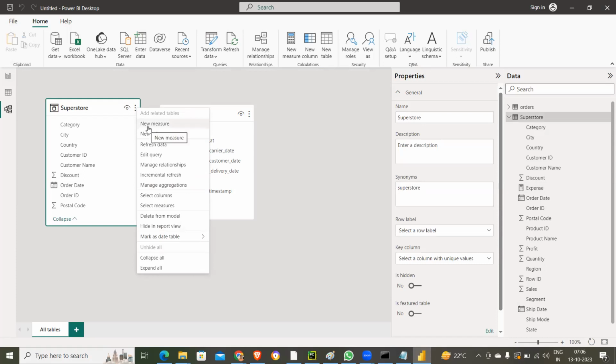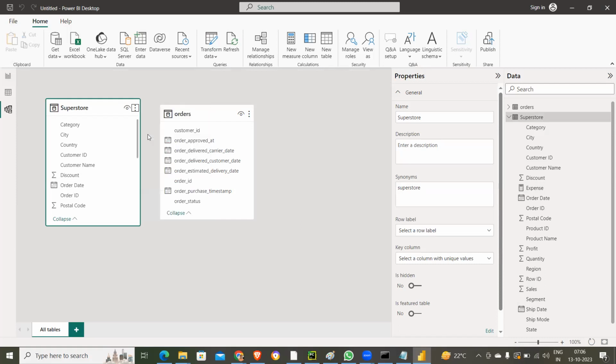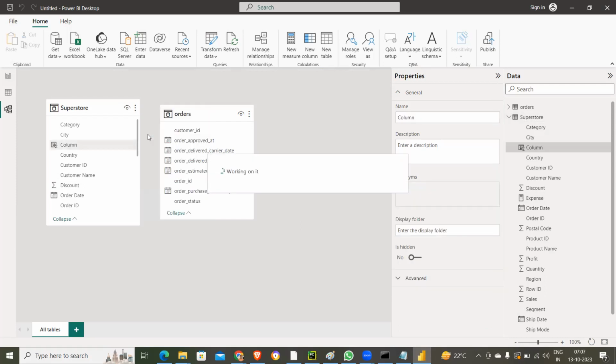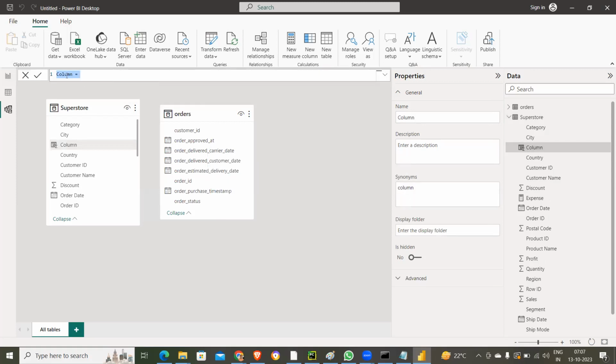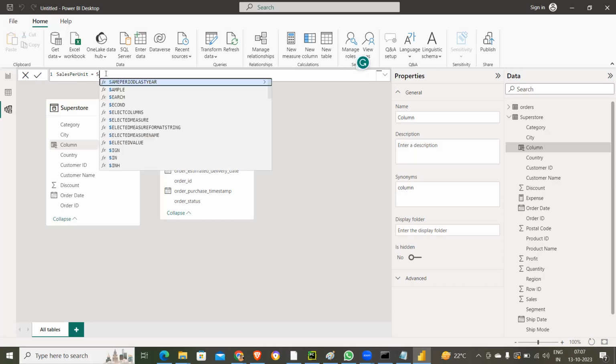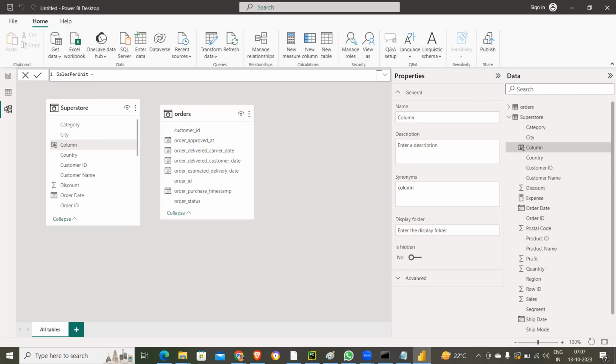Right? So see here, new measure, you can create a new measure, you can create a new column. If you click on new column here, it added this column name. And I can give this column name. So I'll say sales per unit or something like this. So I'm going to call it sales per unit. And here I'm going to say, okay, your sum of,